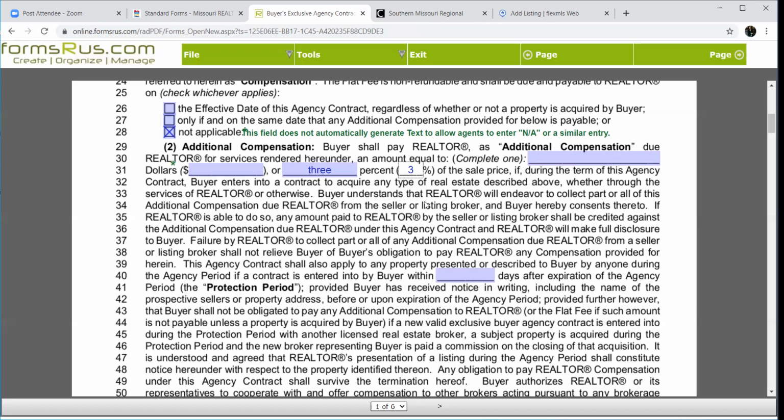Whoever it's going to affect has to sign that document. So if it's just between me and my buyer, I can do that. If it's going to affect the seller as far as what they're getting out of it, then the seller has to sign too. If it affects the seller's agent, all of us have to sign. So it's just a matter of who it affects. I will find that in a minute when we go back through forms. I've used that for all of them.